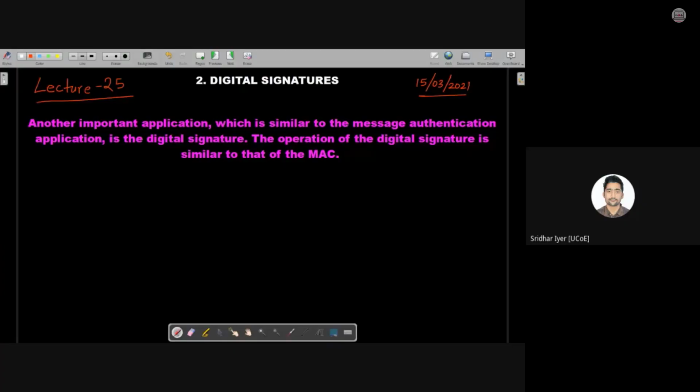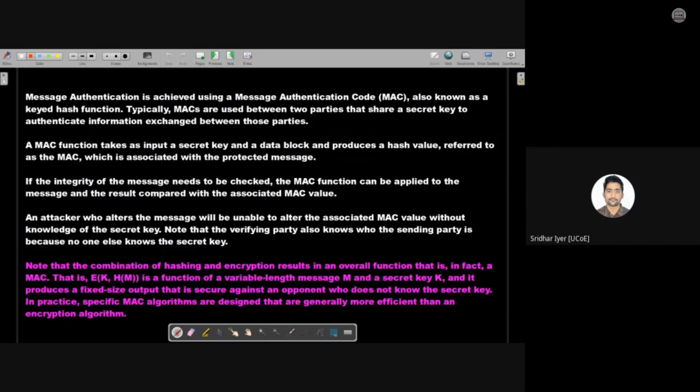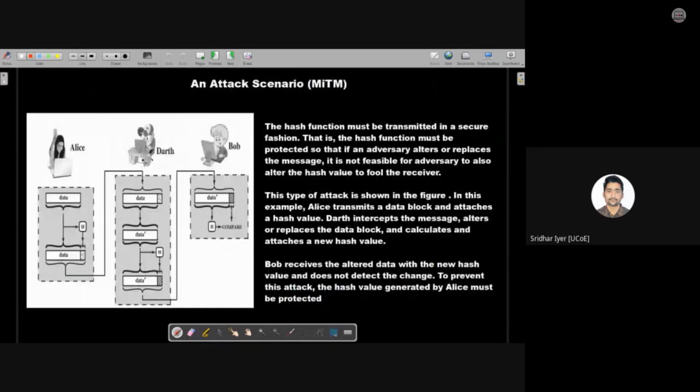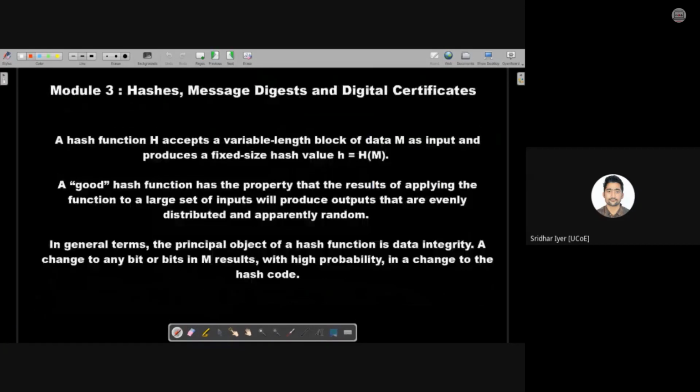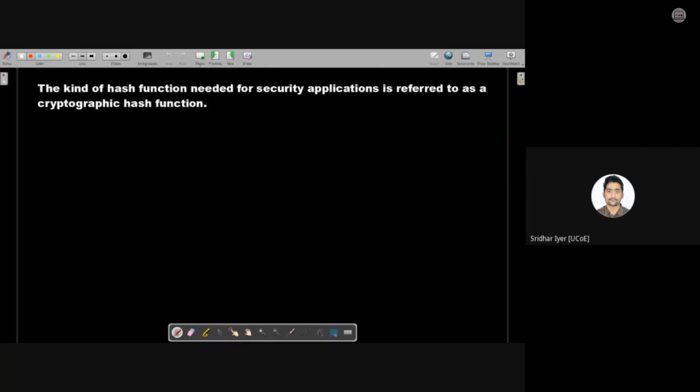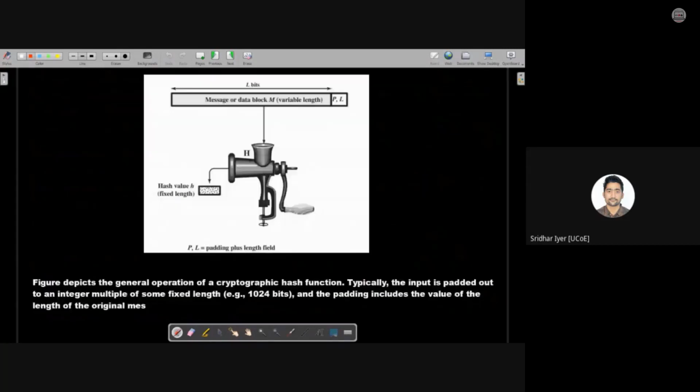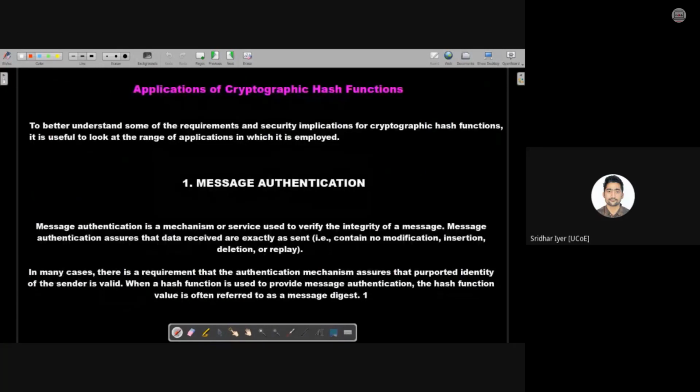Okay, thank you. So let me quickly revise what we had done in the previous week. In the previous few lectures, we had studied what exactly hashing is. Then we saw the working principles of hashing, what exactly a hash is, and what the two important properties of a hash function are. Then we saw what a good hash value and a good hash function are, followed by what we call MAC, that is, message authentication code.